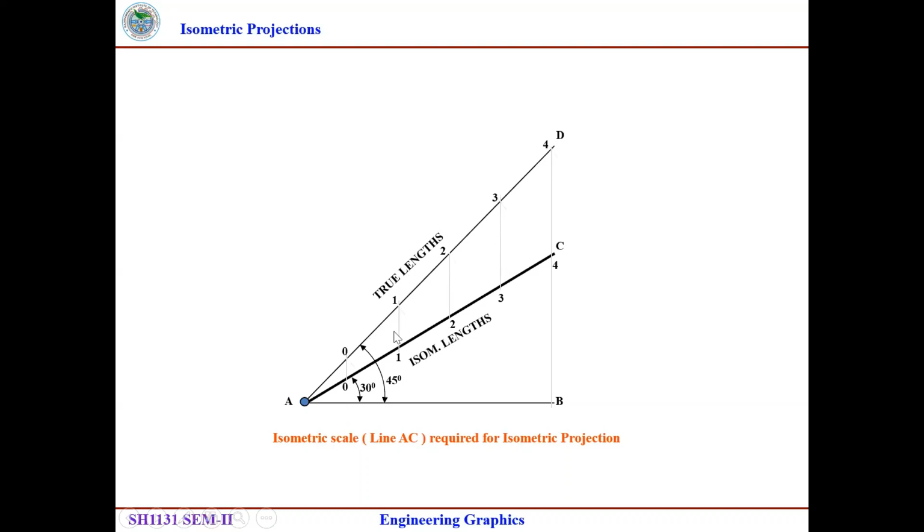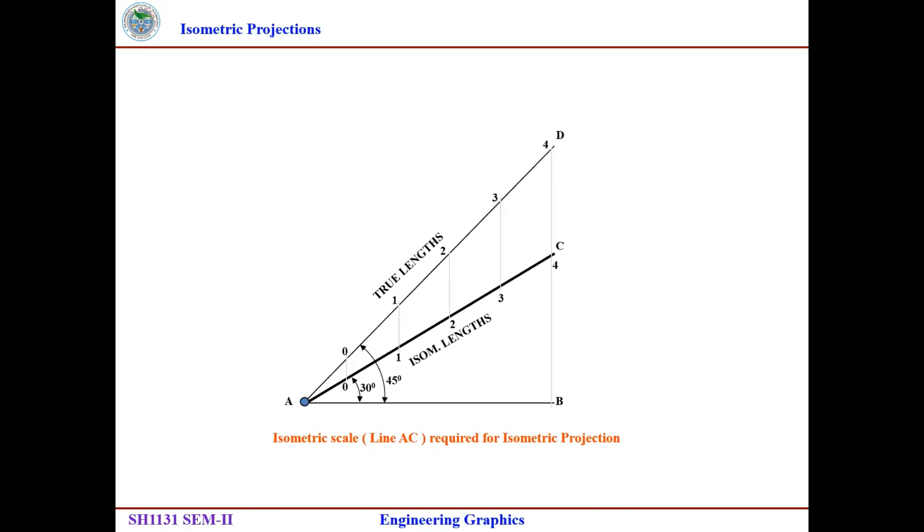So how can we convert it into isometric scale? If I draw a 30-degree line from the same point, and if I project all the points onto that 30-degree line, then this 1 centimeter is converted to this one, so the length is reduced. Getting here? So the total length here is 4 centimeters. You will not get the 4 centimeter length on a 30-degree inclination. So that will be reduced. That means the actual length will be reduced in the apparent view.